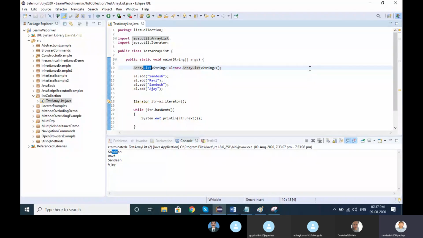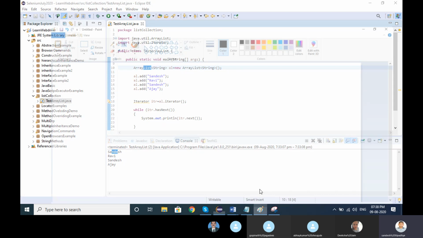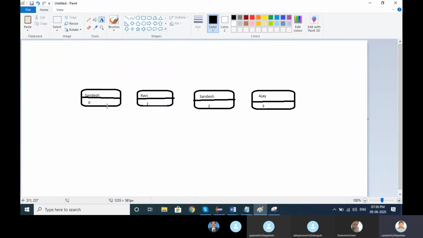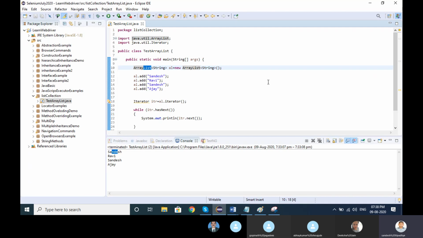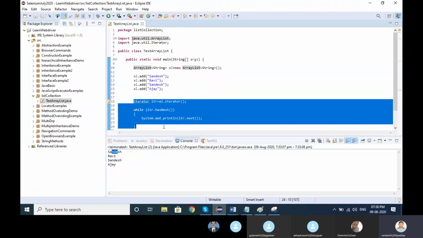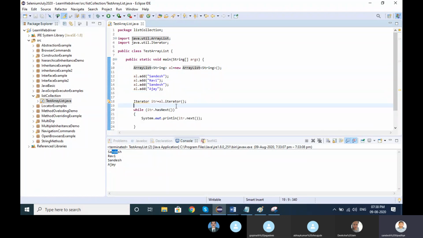But manipulation wise, in the background, it's a little bit slow, because of shifting elements. If I want to add in the middle, it needs to shift these numbers as well, 0, 1, 2. If I add something here, it's not showing at the front end, but at the memory level, while manipulating it's a little bit slow, because the elements need to be shifted one by one in the array itself, right? You got it?